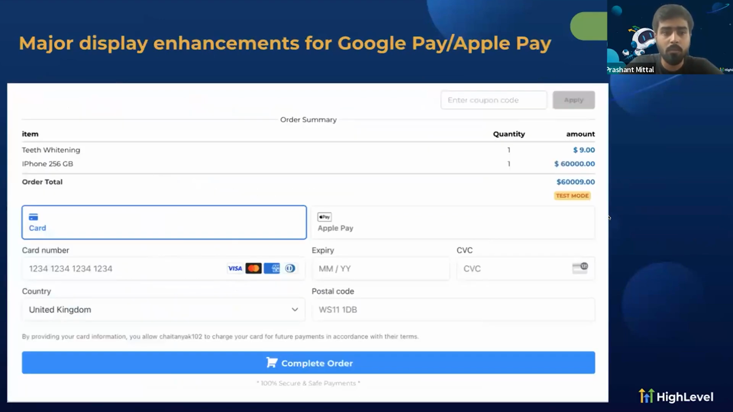Then moving on, we have major display enhancements for Google Pay and Apple Pay. Earlier we were facing a technical challenge in which the Google Pay and Apple Pay options were appearing inside the other payment tab. The user had to click on other, and then potentially they would see Apple Pay or Google Pay. But we have completely revamped our technical architecture there, and now the Google Pay or Apple Pay options just float